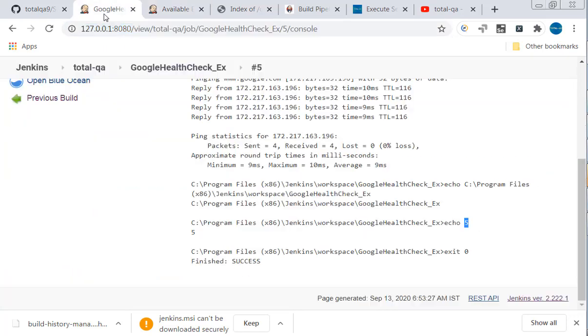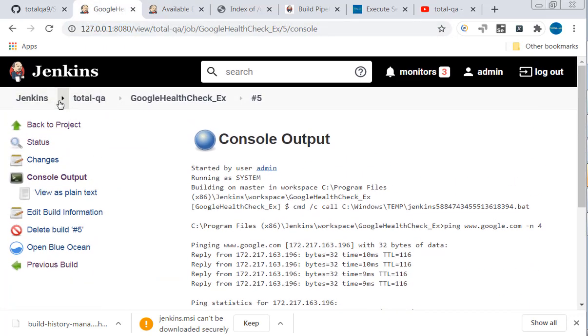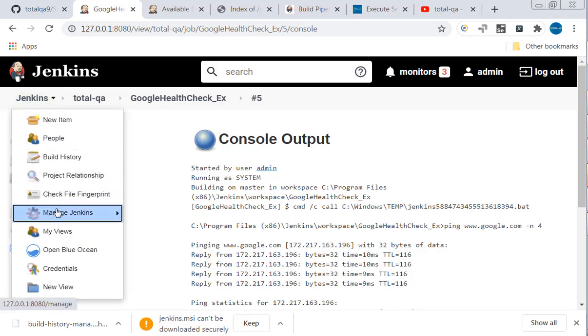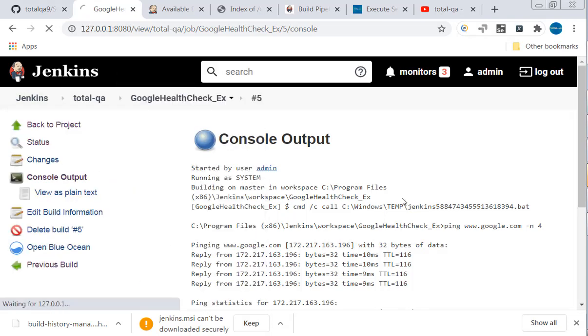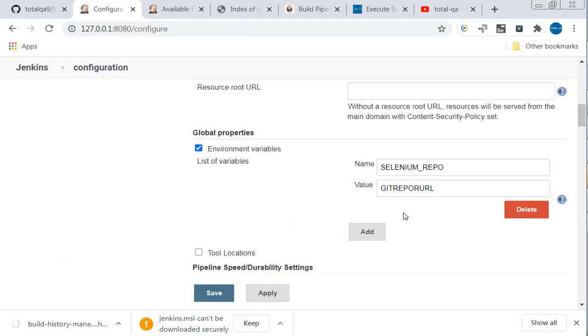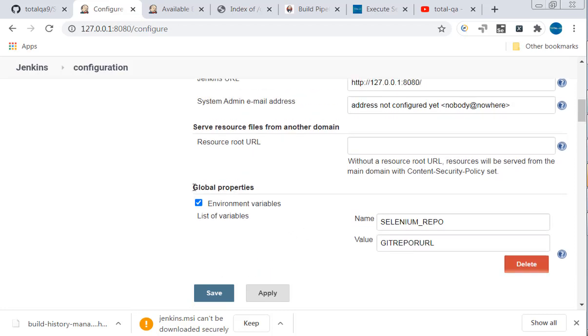What we have to do for that is go to manage Jenkins, configure system. Under configure system, if you see the global properties, we can provide the name of the environmental variable and the value of the environmental variable.